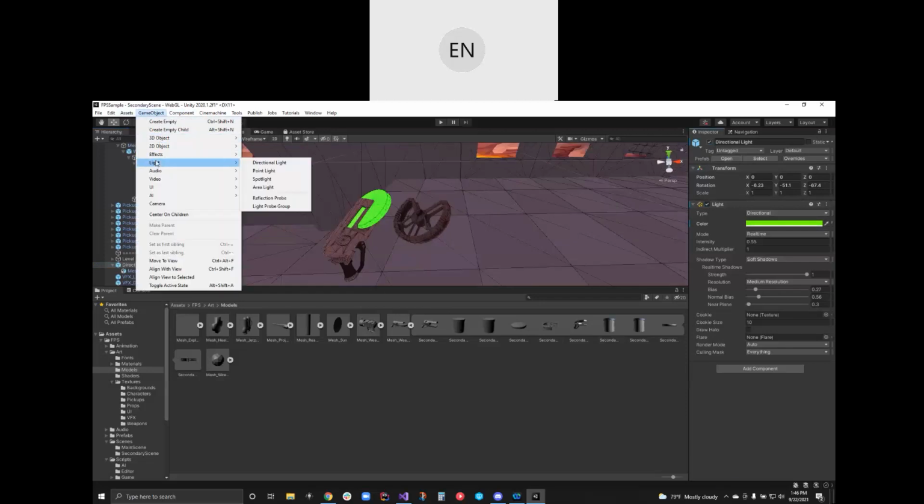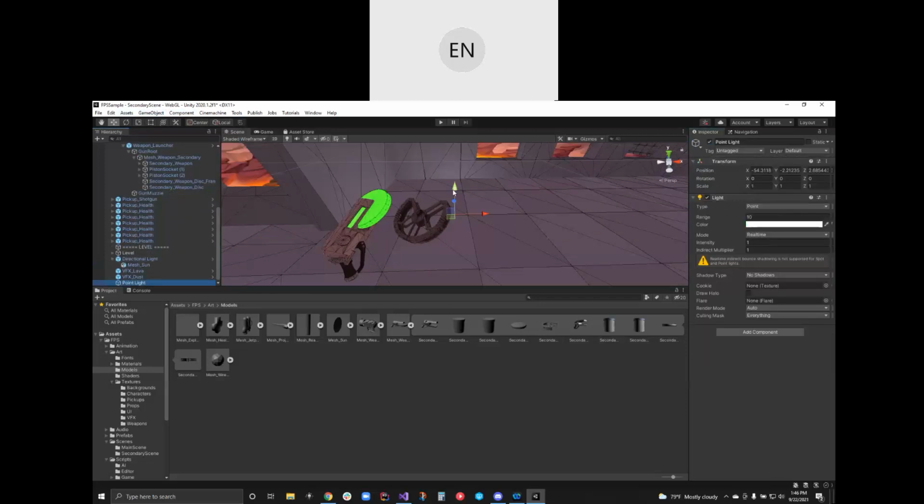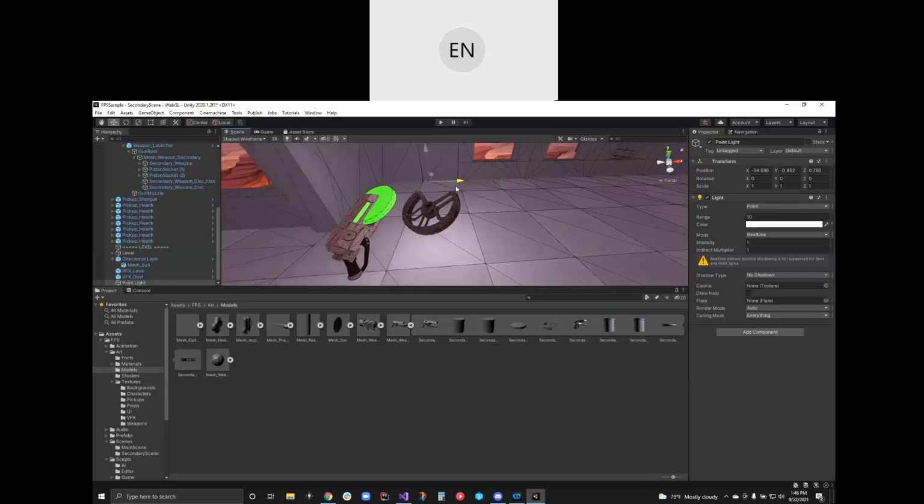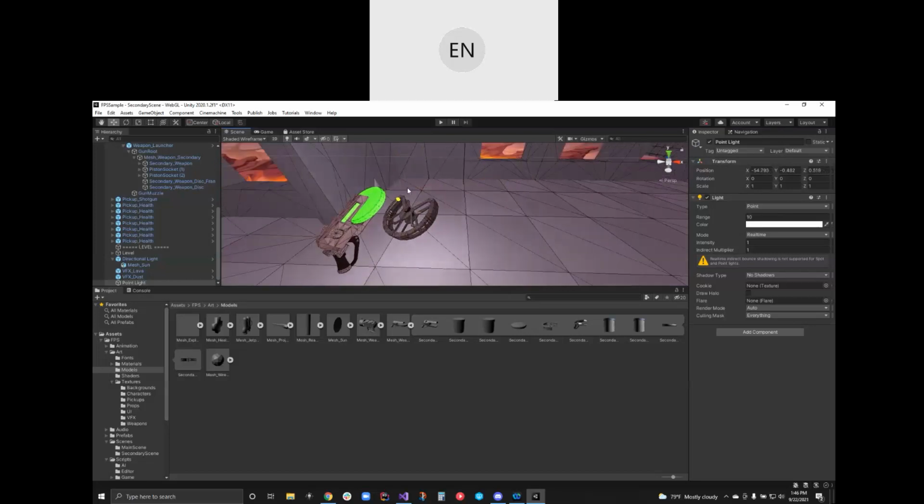Let's see if I can create a point light. Okay. Doesn't seem to be. It does seem to be impacting the symbol. Yeah. Okay.